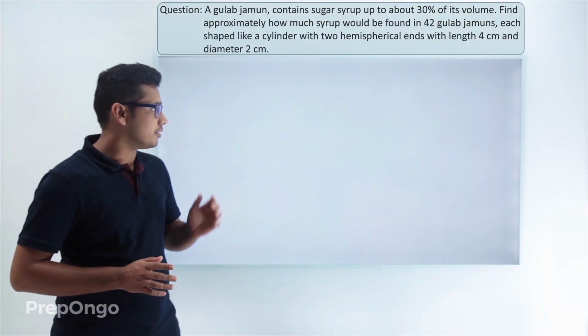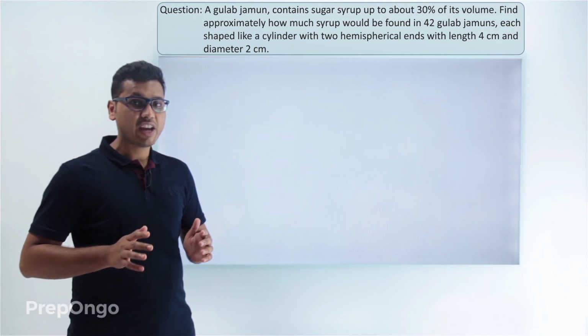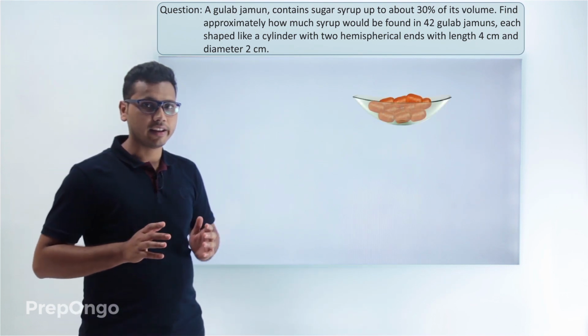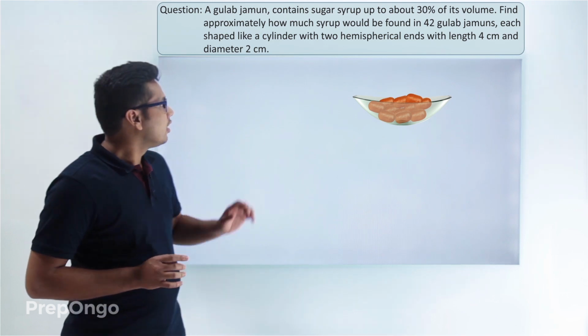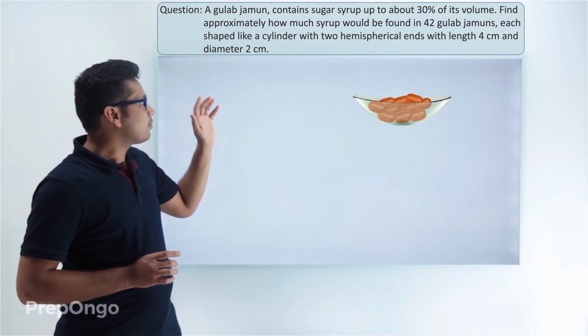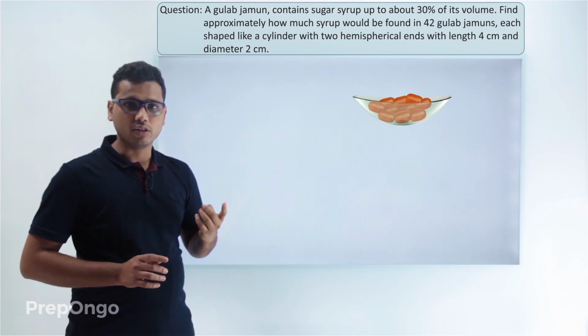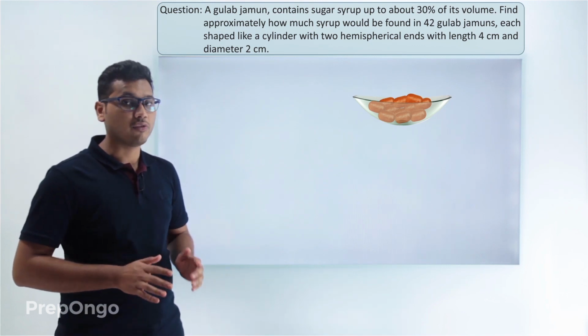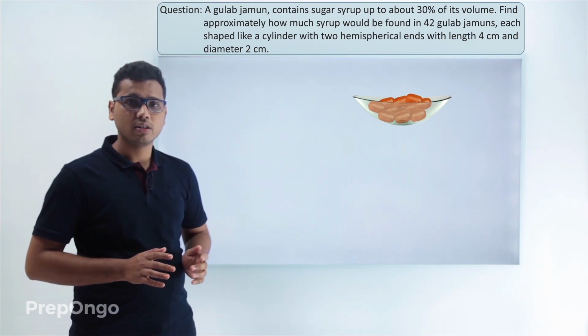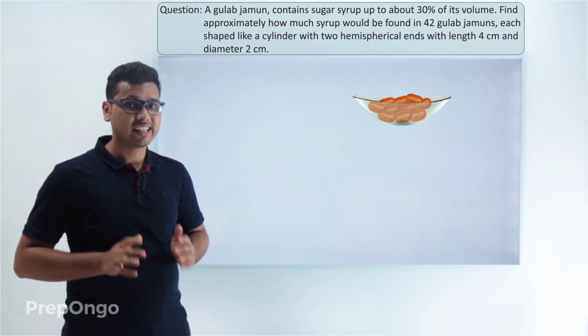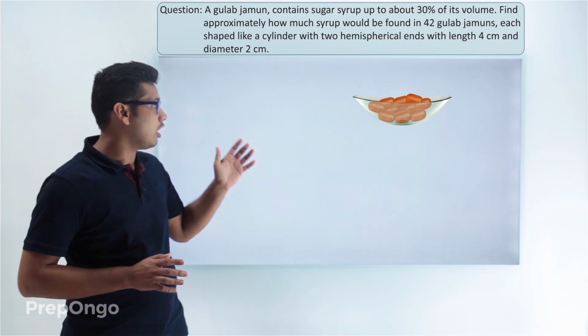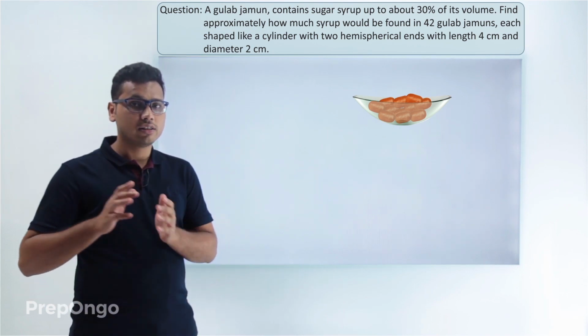Hello everyone. Now let's have a look at this question. This question says that we have a container which contains some gulab jamuns in it, and we are given that the sugar syrup contained in one gulab jamun is 30% of the volume of one gulab jamun. Then we have to find out the approximate volume of sugar syrup contained in 42 gulab jamuns if the gulab